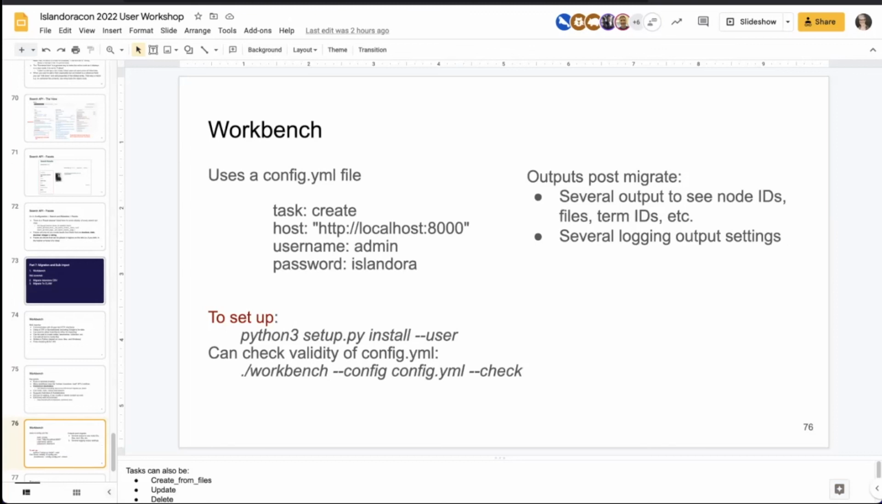To set it up, I learned this the hard way because I'm like, it's not running. It's not running. I'm running the command. You have to run the pip install or setup first. So that's why I put it in red text right there, just below it. Run the Python 3 setup install user first, and it'll install all the prerequisite Python packages that you need. And then when you create your config file, if you want to check it before you run it, which is really smart,